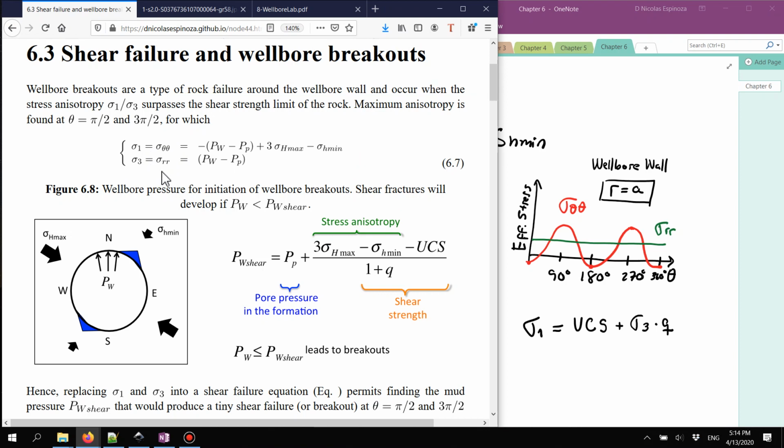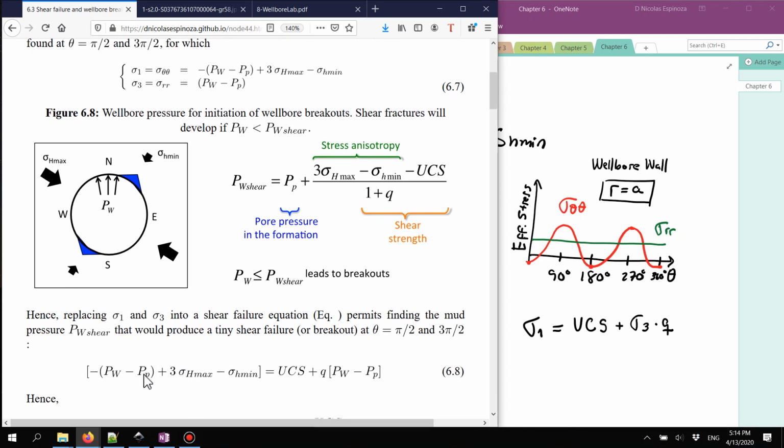And if I use the equation of shear strength, where now this is my sigma 1, all of this between brackets, and this is my sigma 3, which is the effective radial support, then I can solve for the wellbore pressure, for a given state of stress, for a given pore pressure, and for given properties of the rock, UCS and Q, such that I have shear failure. And this is the equation that you have right here. This is a solution. This is going to be the wellbore pressure given the stress and pore pressure conditions and the properties of the rock at which I'm going to have a